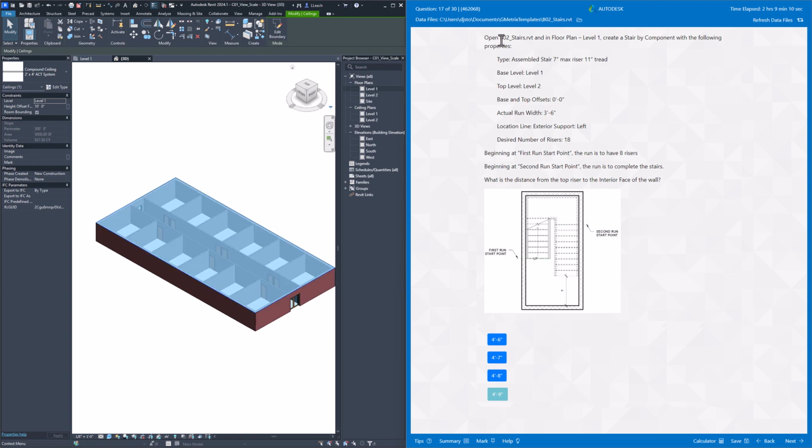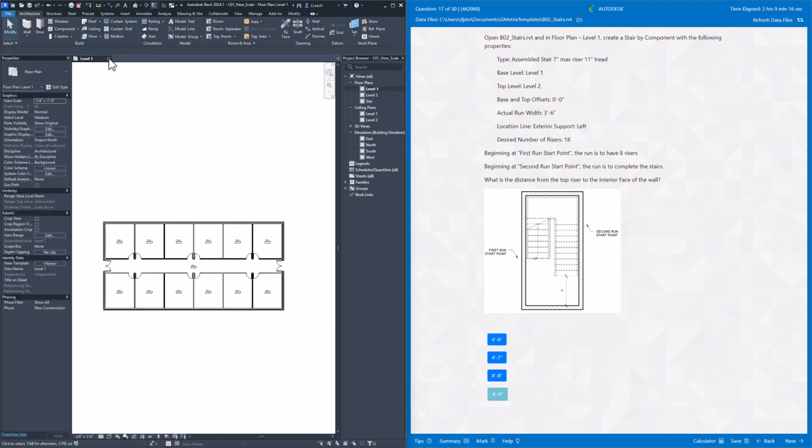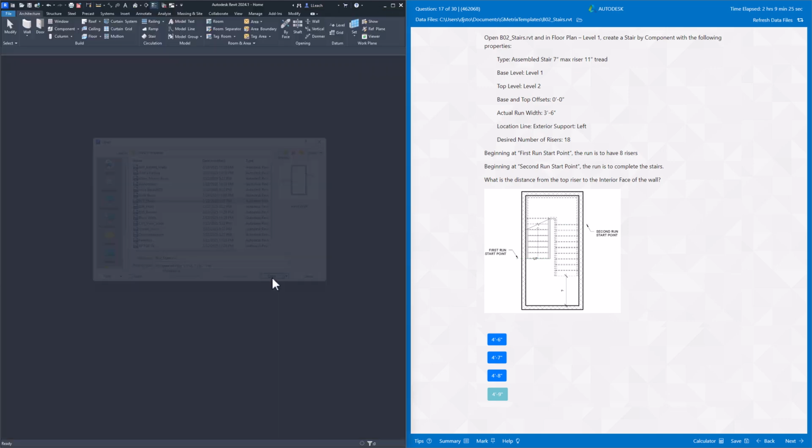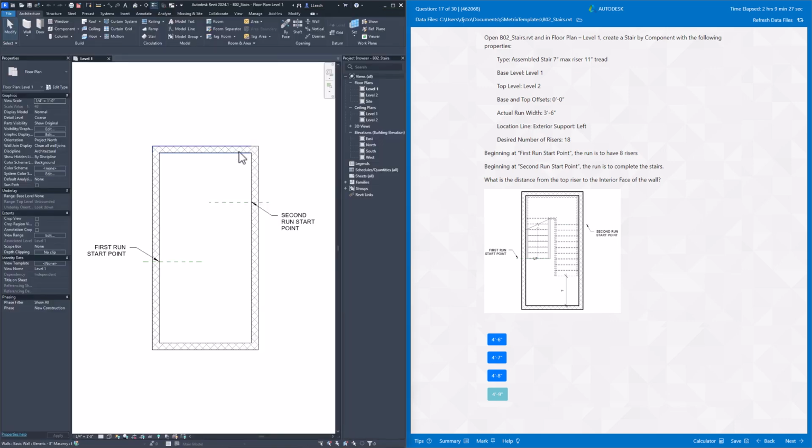All right, we're gonna go open B02 stairs. Open B02 stairs. We're gonna close out of this, close out of this. We wanna save it? No. We're gonna go to B02 stairs. I talk to myself a lot. It is what it is. Okay, so